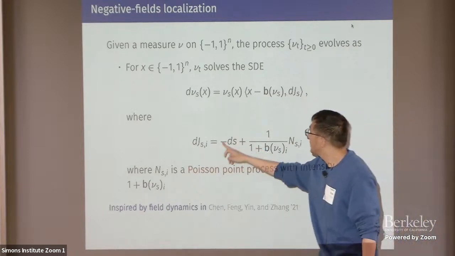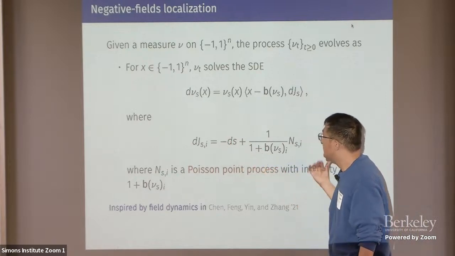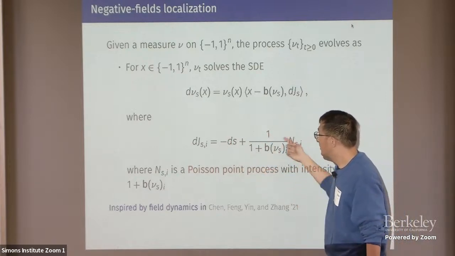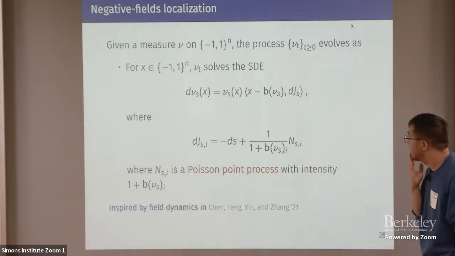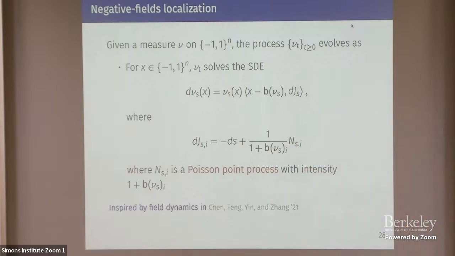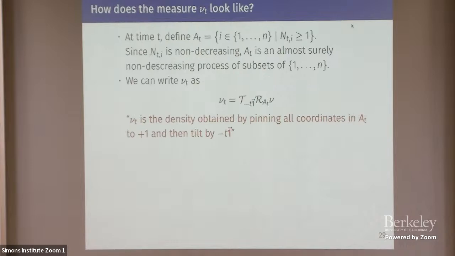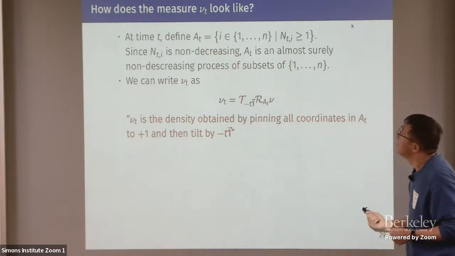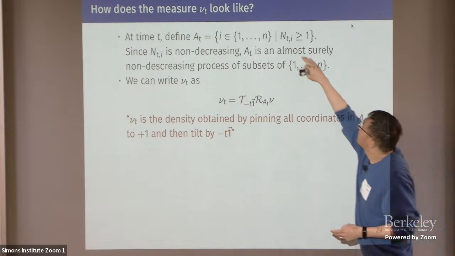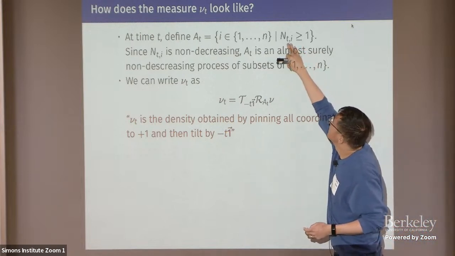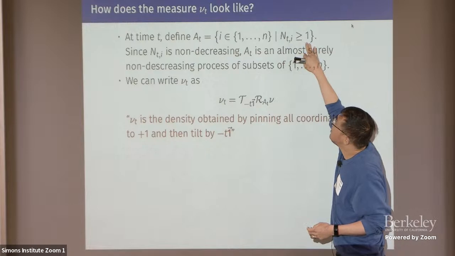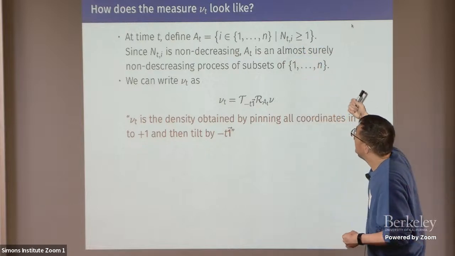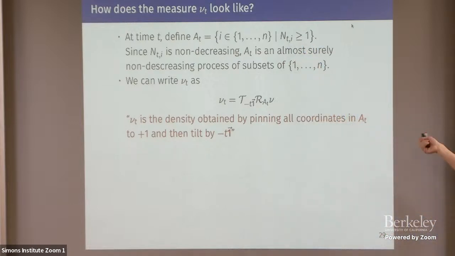So this minus ds is playing the purpose of centering the process. But this part, you will have some kind of Poisson process. Still, this equation looks scary, but you actually have a simple interpretation of this process. If you define the set A_t as where the coordinates of the Poisson process have taken value larger than or equal to 1, so the Poisson process has fired,